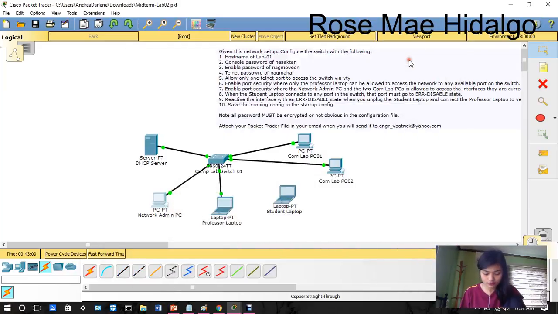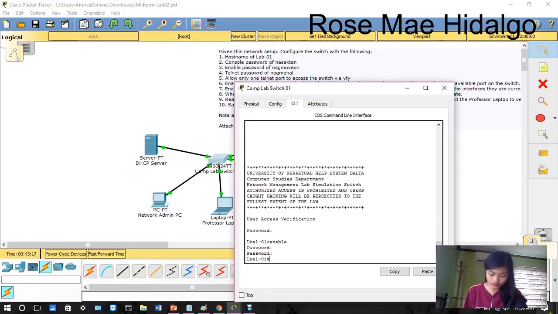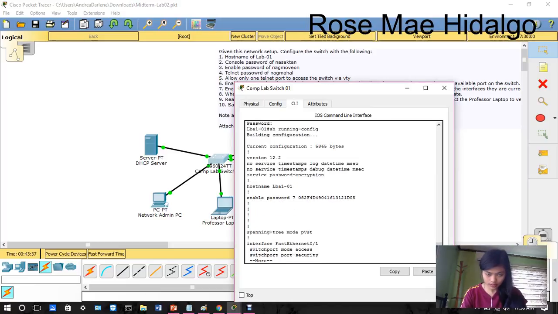Then next, save the running config to the startup config. So this is the last step. Enter, then show running config, then copy it.